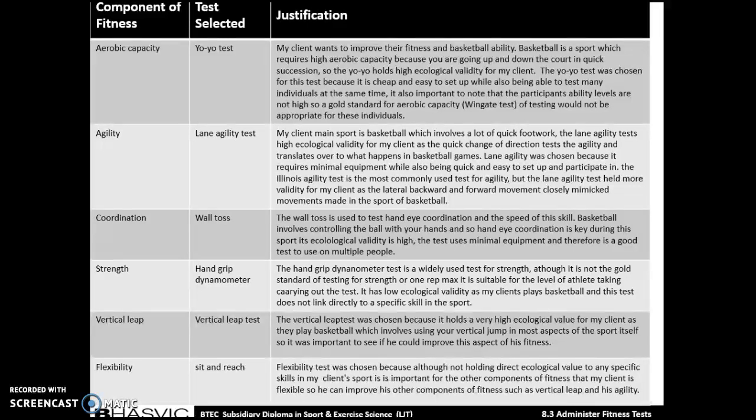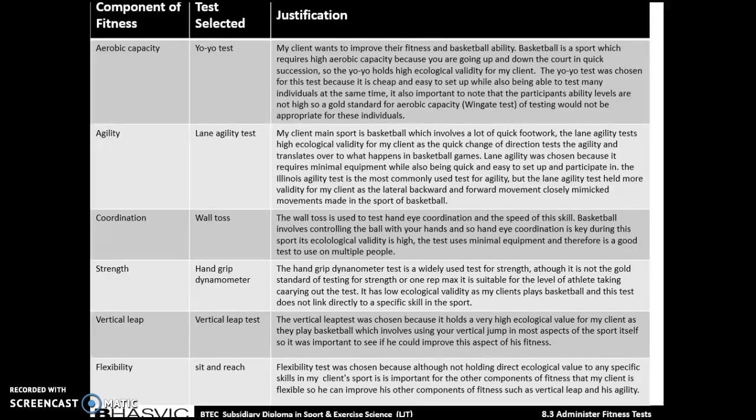So the lane agility test. My client's main sport is basketball, which involves a lot of quick footwork. The lane agility test holds high ecological validity for my client as a quick change of direction test of agility, and it translates over to what happens in basketball games. Lane agility was chosen because it requires minimal equipment while also being quick and easy to set up and participate in. The Illinois agility test is the most commonly used test for agility, but the lane agility test held more ecological validity for my client as the lateral, backward and forward movement closely mimicked the movements made in the sport of